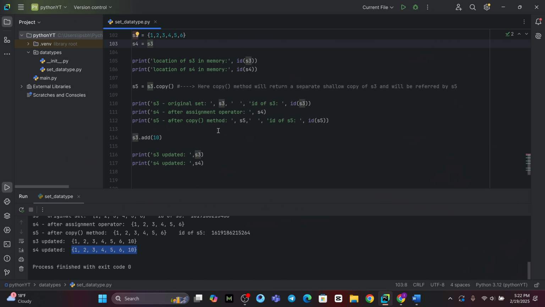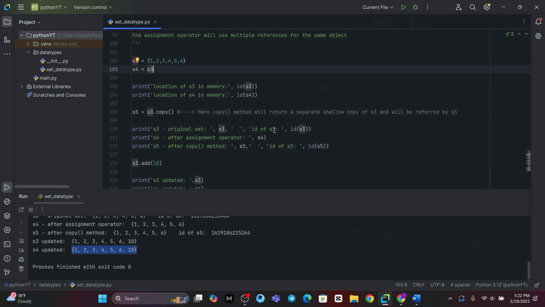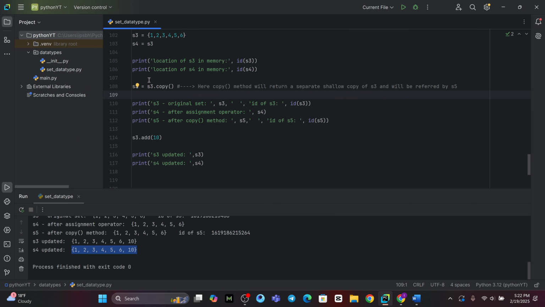And after that, we talked about this S3.copy method. As we spoke, S3.copy will give you a new set, a new shallow copy of the existing set. So here the things change. And when we check the ID, the location of the S3 and the S5 object in the memory, it was different. So that means after line 114, when we just added another element 10 to our set S3,